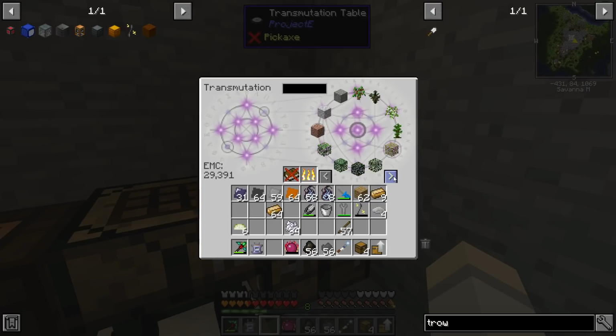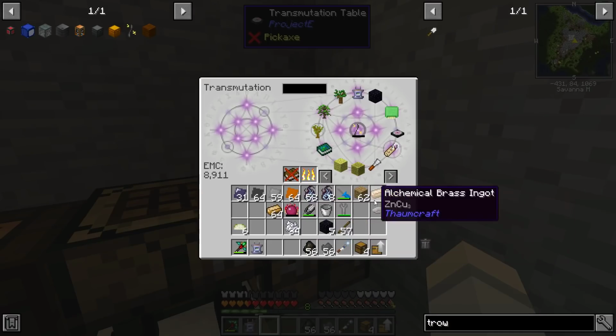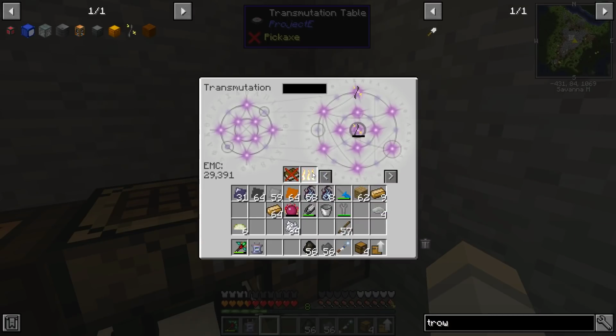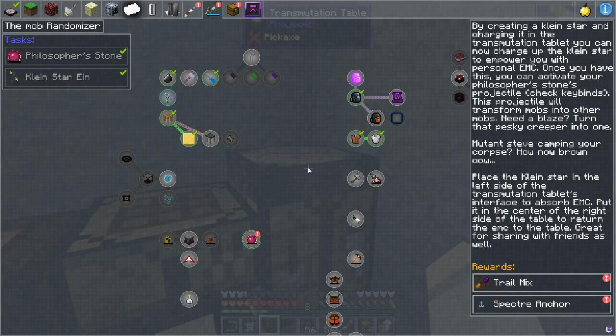So, apparently, you just take your EMC. Let's take some obsidian out of here. And so, if you throw this in here... I didn't know you could do this stuff. That one can't be charged. But if you put this in here, you apparently can charge this. Well, I feel like I'm doing it right, but...